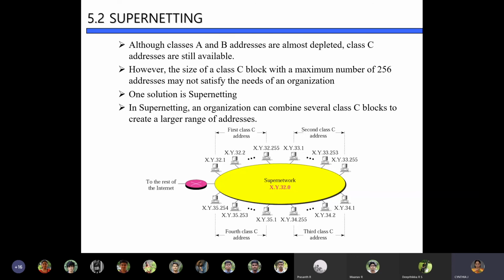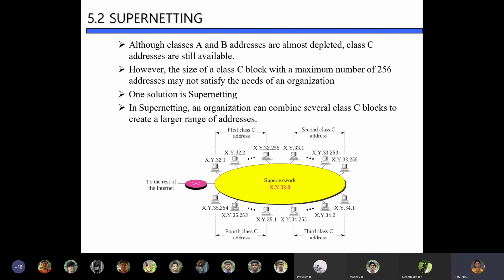In case of subnetting, what we did was we allocated a part of host ID to represent the net ID. In case of supernetting, we do the reverse. So if we have some address space that is wasted, we don't have sufficient hosts in a particular network, but still we are in need of yet another network, but we are not able to do it. In that case, we do the reverse of subnetting.